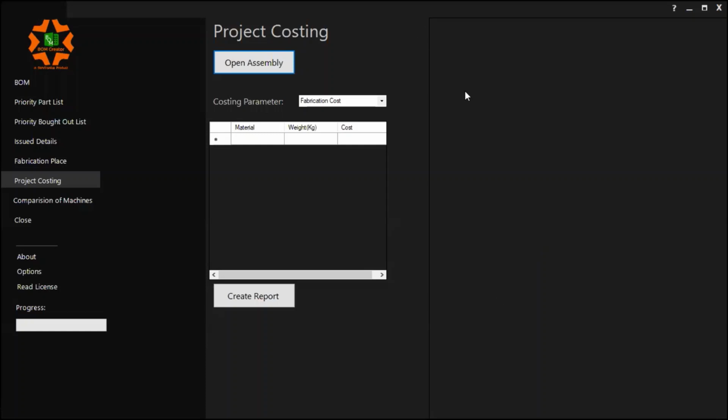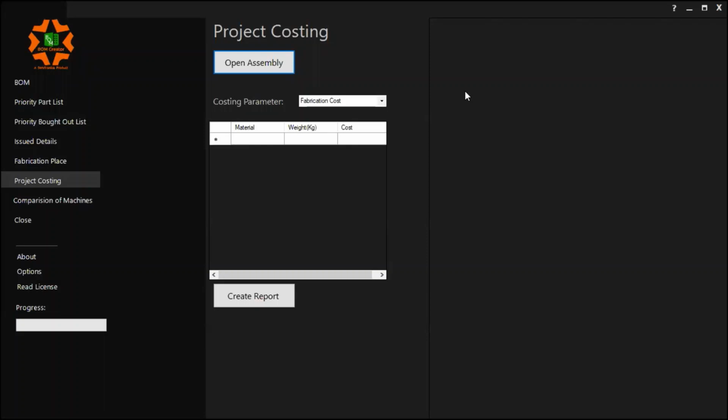Next comes the engineering. Engineering is the number of hours I take to complete the design and drafting, right? Every engineer has a per head cost. How much does it cost me, and how much time will it take? I can put that in. If I need to do some kind of structural calculation or CFD calculation, I can add those hours as well as their respective cost.